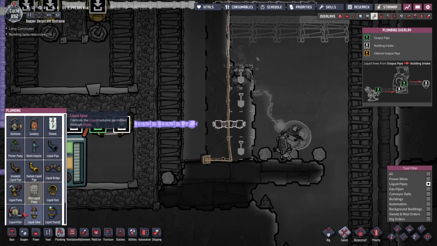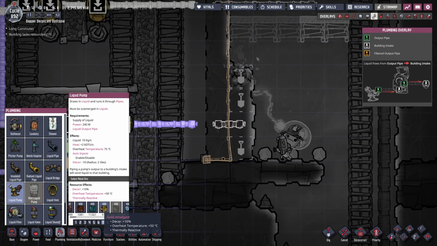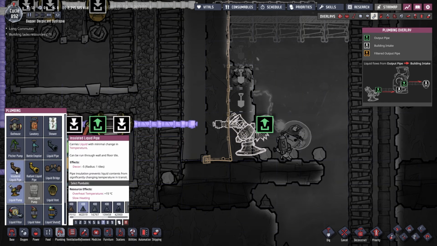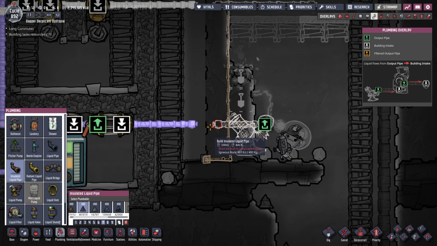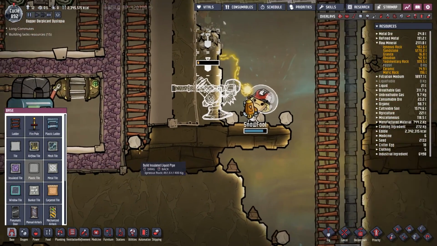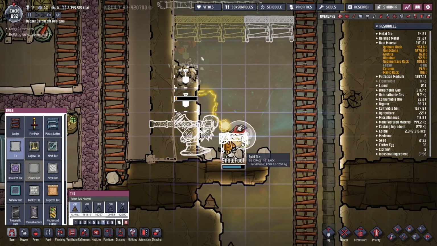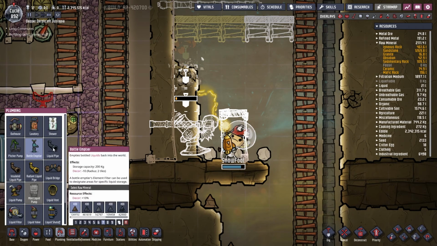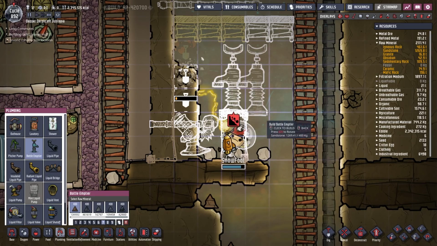What I need to do is make a little pump for it. Tiny little pump. I can live right here. And I can just add this in. There's absolutely no reason for me to take